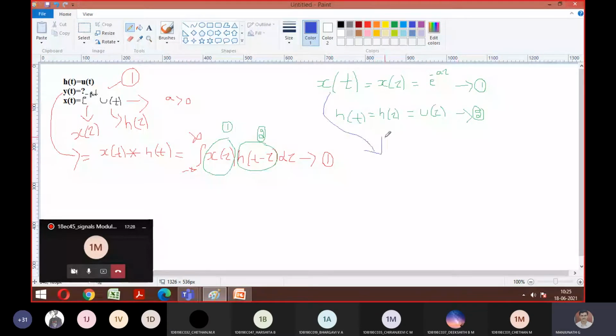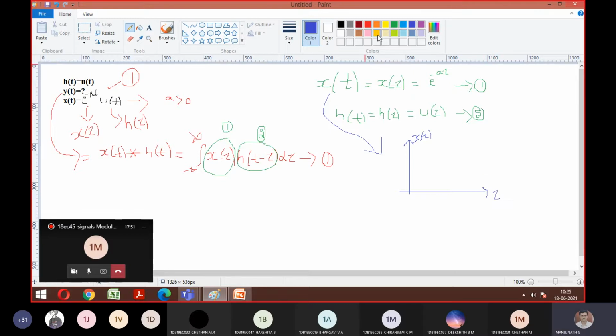If I sketch x of t, how does it look, guys? I'll have the y-axis with a decreasing exponential curve, and the x-axis as tau. Whatever you're writing, write in parallel along with me so that when you put it on paper, you'll understand. If you have difficulty, you can ask me. With respect to tau, we should plot now.